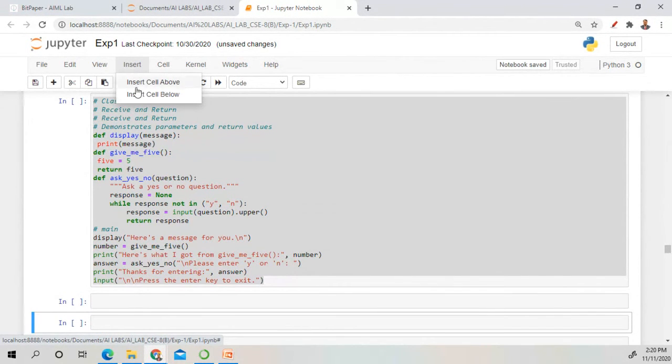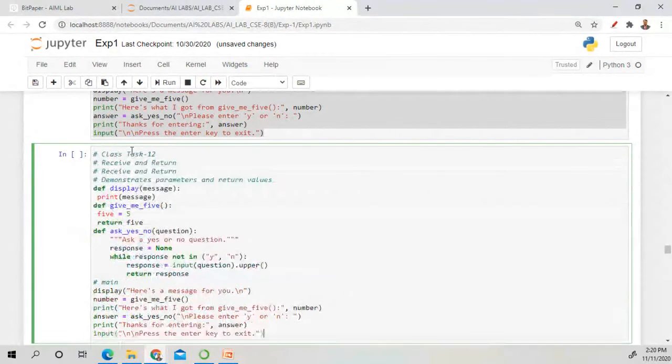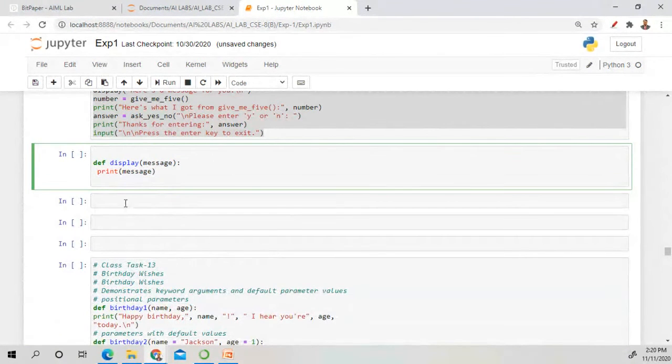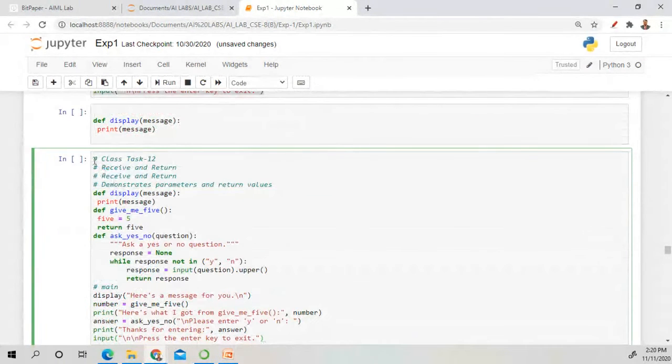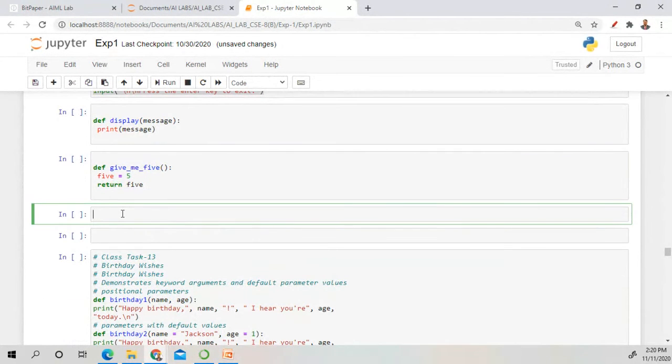Insert. Okay, so here you can use the first function and delete all others, then use the second function and delete the others.